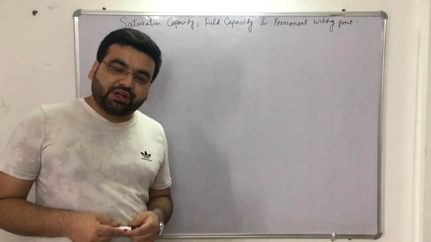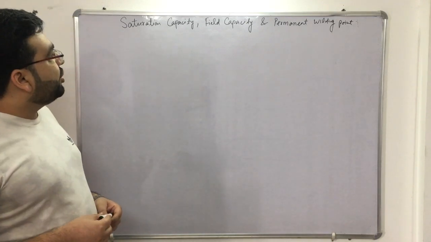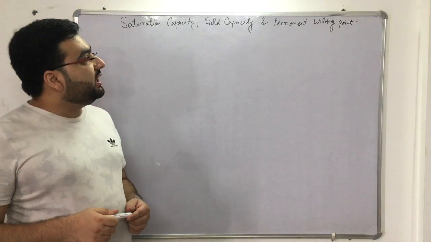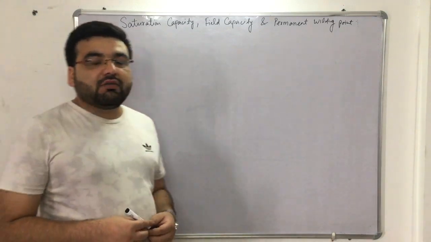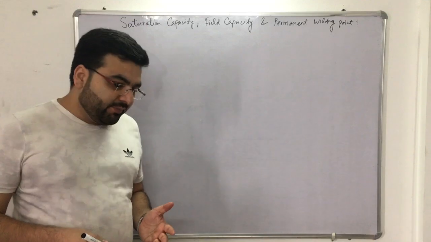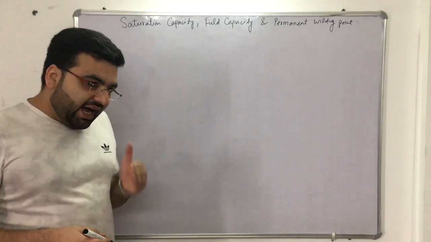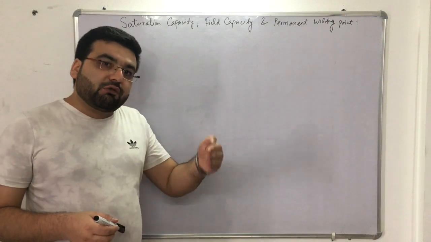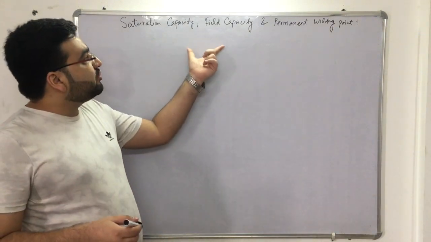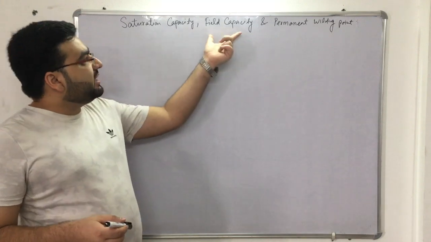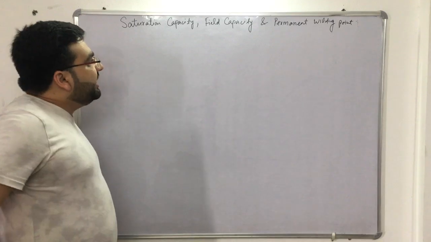Subject: irrigation engineering. Chapter: soil water constants. Topic: saturation capacity, field capacity and permanent wilting point. Now students, we have started a new chapter, which is the soil water constants, right? This chapter is very important because I have seen in the past 3, 4, 5 years in GATE examinations, questions are very frequent from this topic, that is the saturation capacity, field capacity and permanent wilting point, right? So now before understanding these three terms,